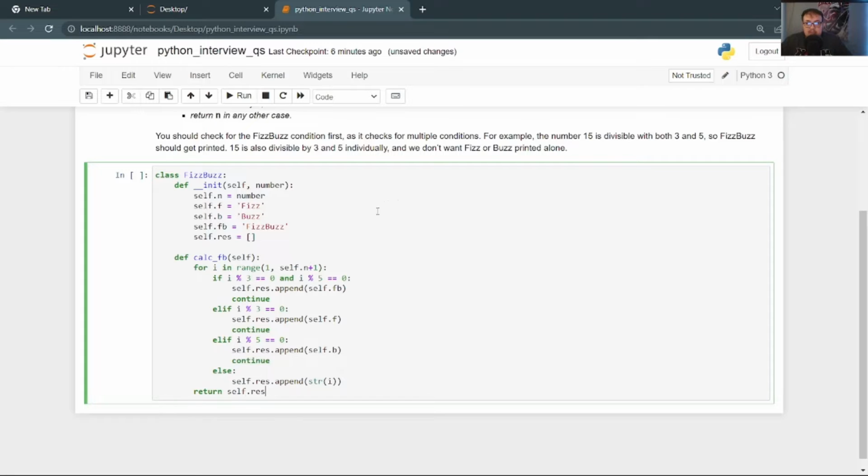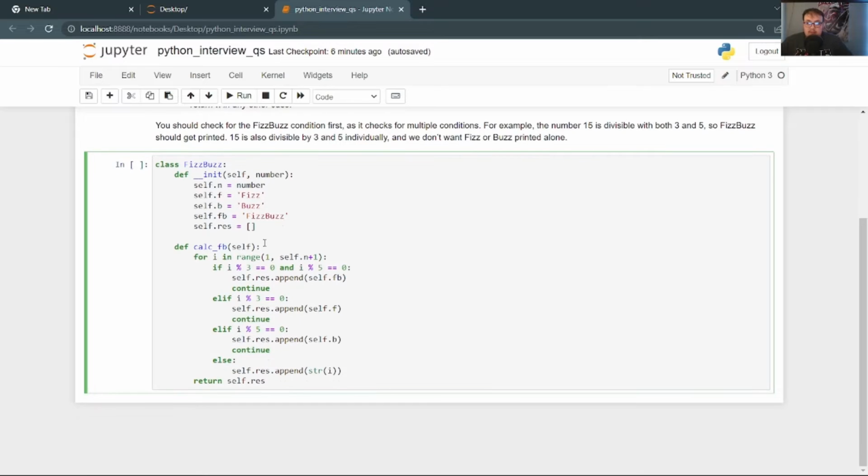So just a quick explanation again, we're going through the range of the number. So if it's 15, 1 through 15, and then we check right here if that number is divisible by 3 and 5. These statements have to be true in order for FizzBuzz to be added to this empty array. And if it is, cool, we continue and move on to the next number. If the number is divisible only by 3, then we add fizz. And then we continue. If the number is only divisible by 5, we append it to the result with buzz. If none of these are true, we just add the number as a string and we return the result at the end.